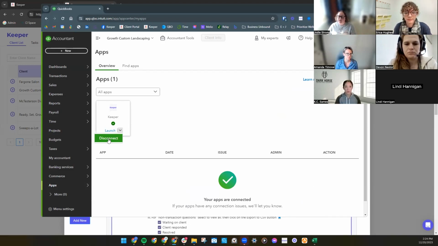So that's a better approach than deleting the client in Keeper. That's what I would do too. Yes. Unless you want to completely clear them out of your client list. Disconnecting them also gives you the ability to, if they come back to you, reconnect them and everything's still there. And if you want to clear them out of your mental list and out of your client list,